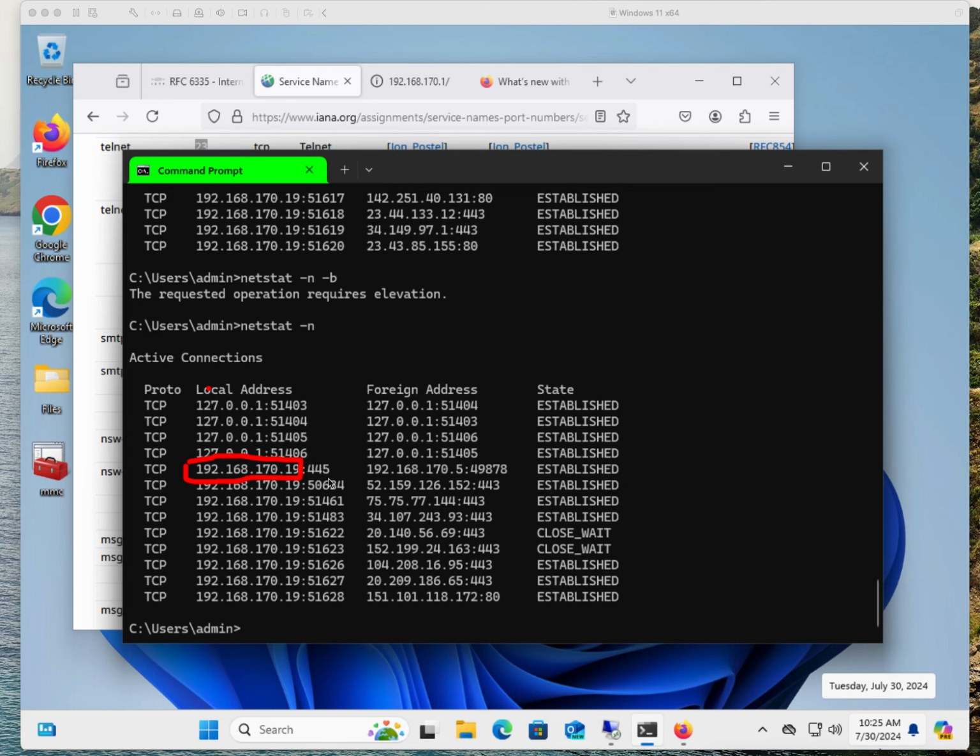And then this device is listening on port 445, right? And when you see the foreign addresses, we have a connection established between these two hosts. The other host is 192.168.175, and that host is connecting on port